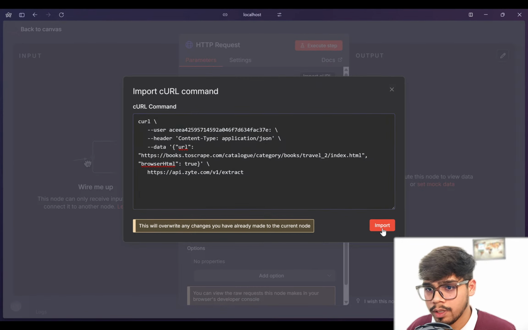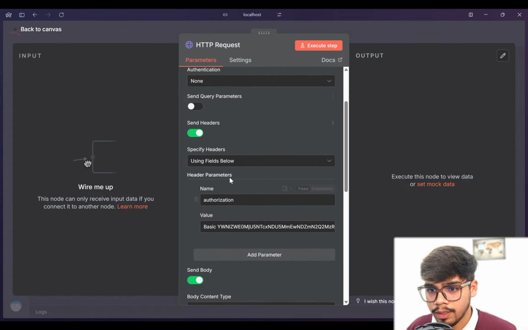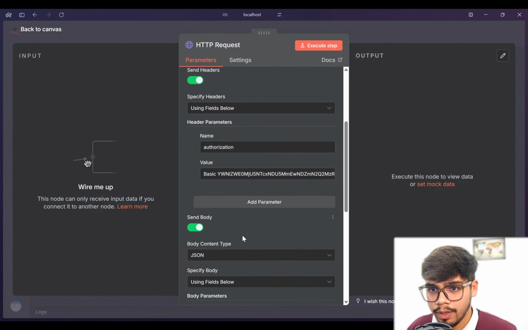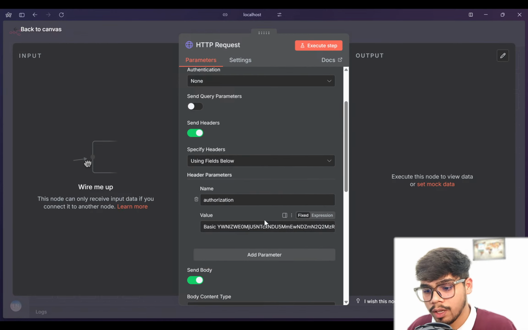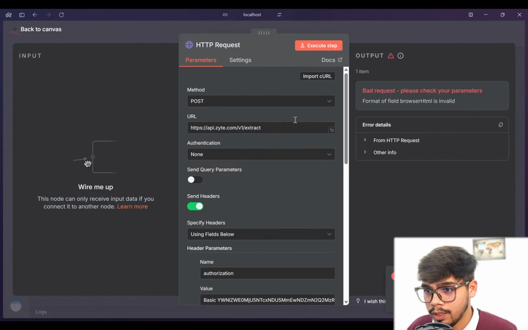Just enter and import it, and you will see this automatically fills every field here. Earlier we used GET because we were sending a GET request, but now we will send it via the site API, so it's converted to POST, and our request is going to go through the site API. That's it, nothing else. So even if I execute it for you, you will see the